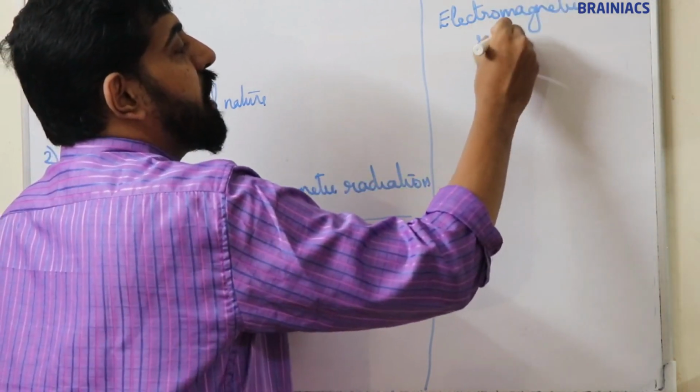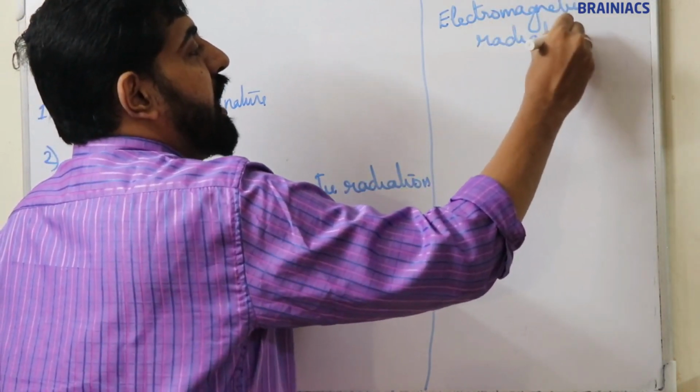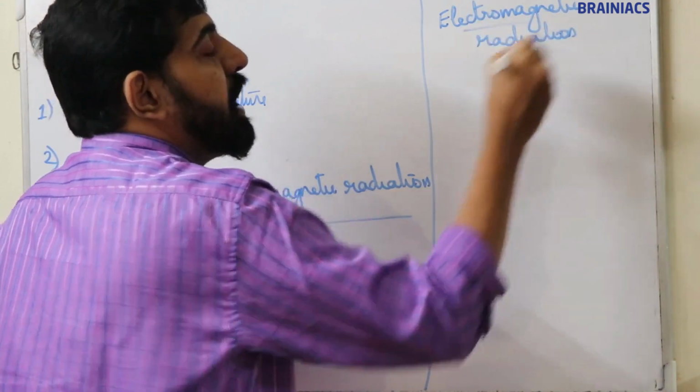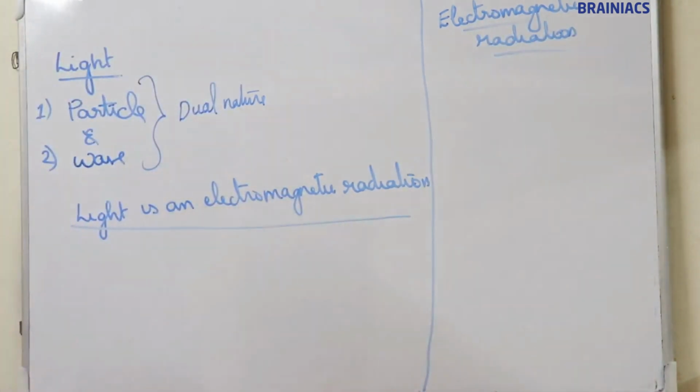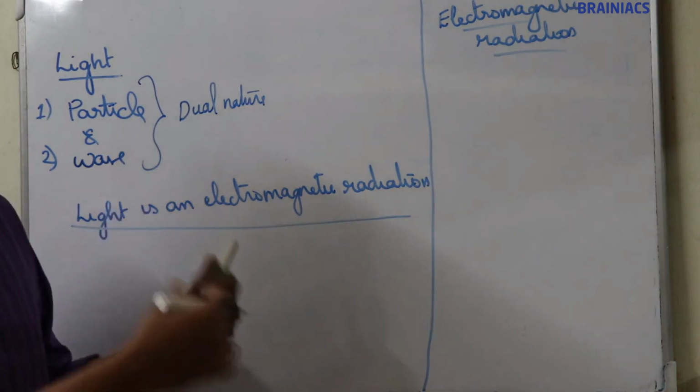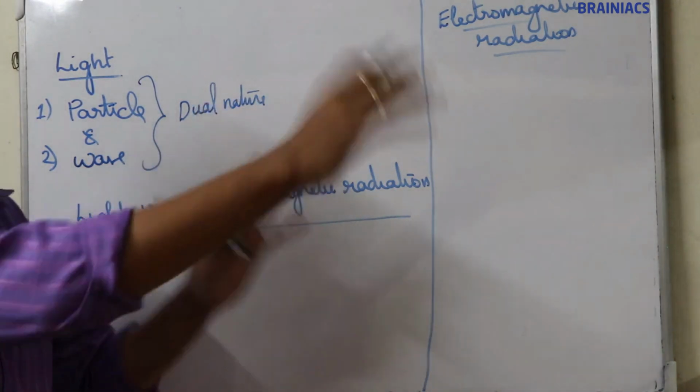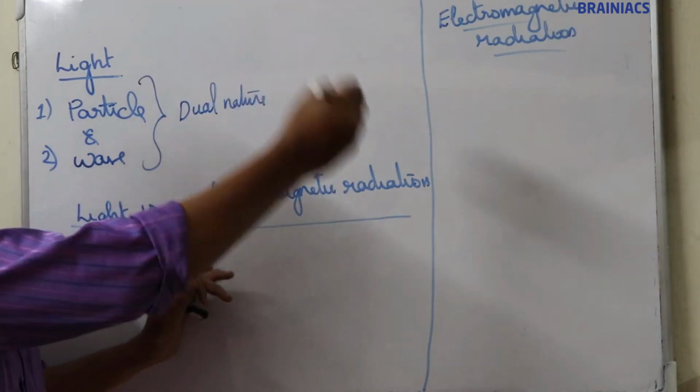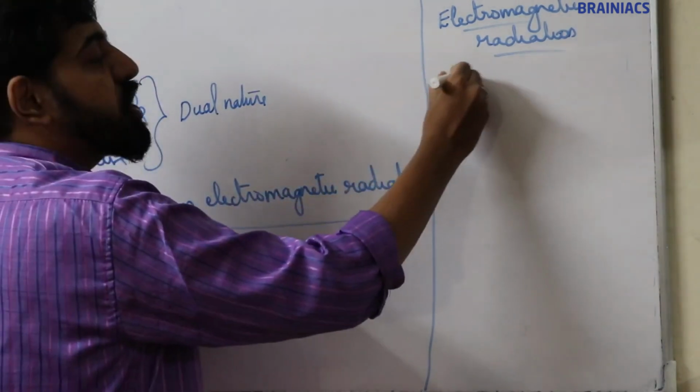Electromagnetic radiation means radiation associated with electric and magnetic fields perpendicular to each other and also perpendicular to the direction of propagation. So electromagnetic radiation means radiation